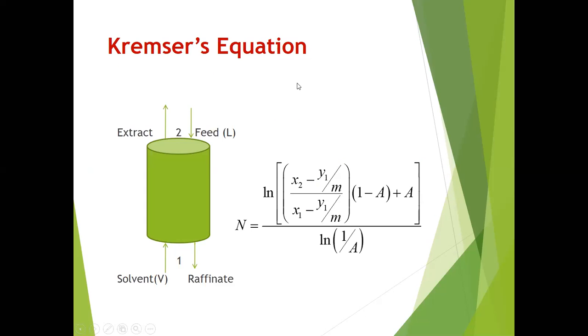This one is okay if you're given already the m, and if your equilibrium curve is not curved. If you have y equal, for example, to 2.1x, as I have mentioned a while ago, that tells you that your equilibrium curve is not a curve, but rather it's a line, because the relationship between x and y is that of a line. So okay lang, you can substitute directly. But if not, you will have a problem here with the m. So that's our Kremser equation from Geankoplis and McCabe. McCabe is using this also.